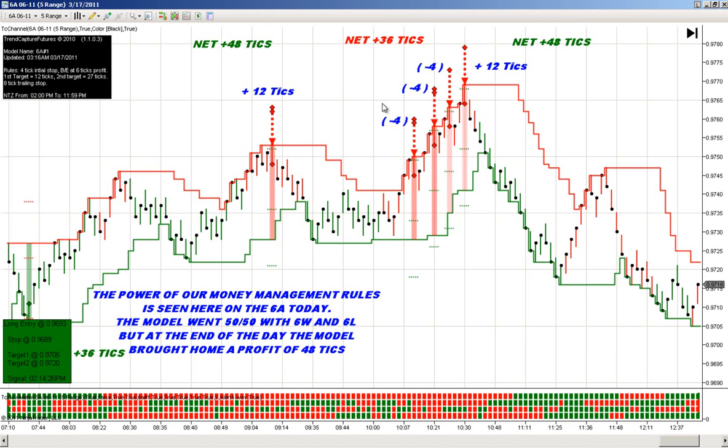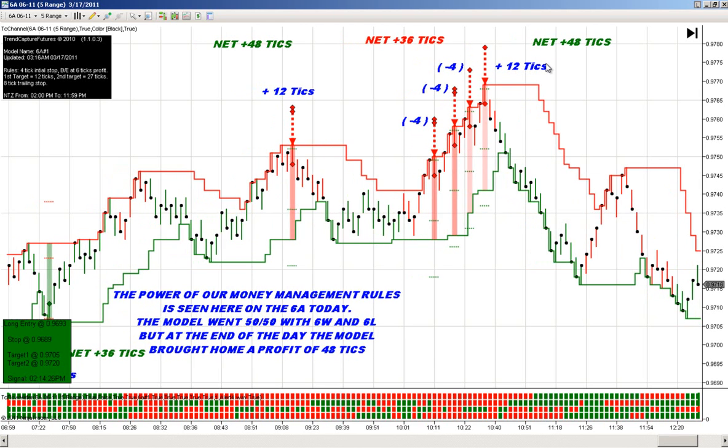profitability on the day. And then you basically had a complete repeat of what you had earlier this morning with the 3 stop outs, each of 4 ticks. So that brought your net down from 48 ticks to 36 ticks. But as was the case with the earlier pattern, you ended up breaking lower on this last sell signal, and you got your first profit target of 12 ticks very easily, and you had a net at that point of 48 ticks,